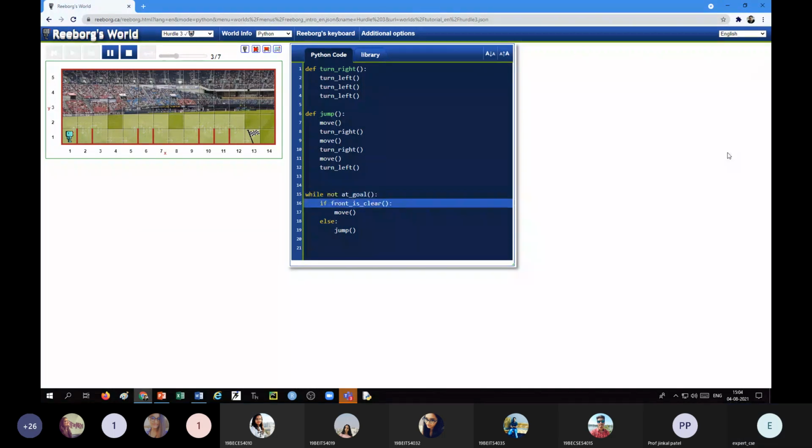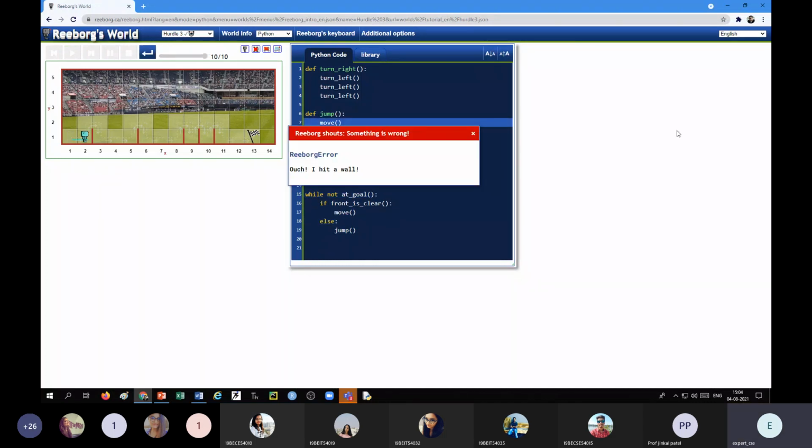Okay. So turn right, then jump. For jump, is there any mistake I made? Okay. So this is left hand side. Let me see. Okay.